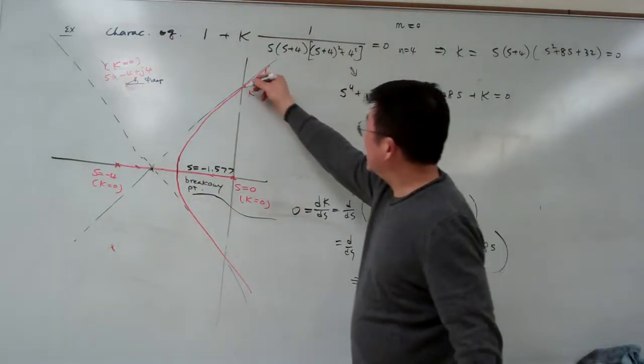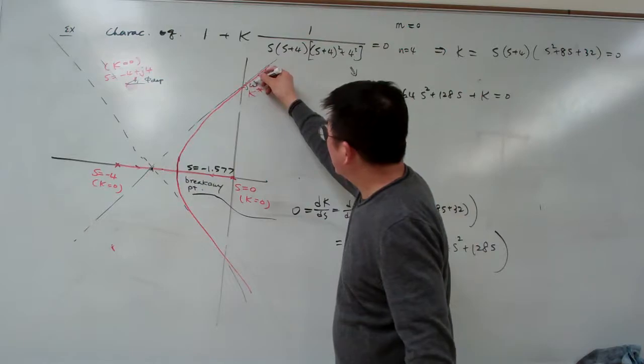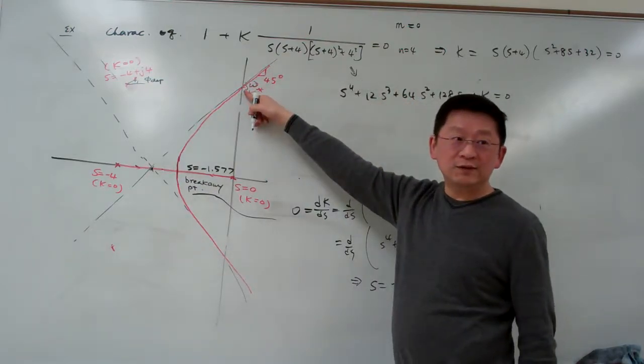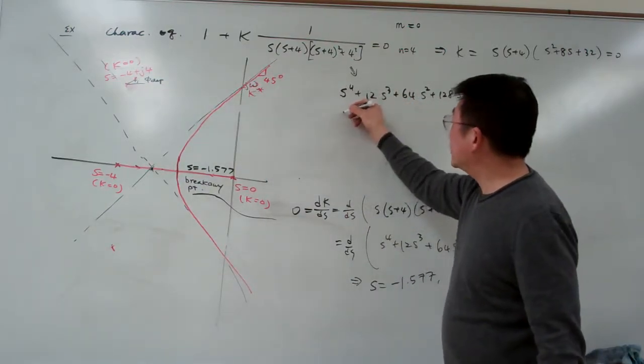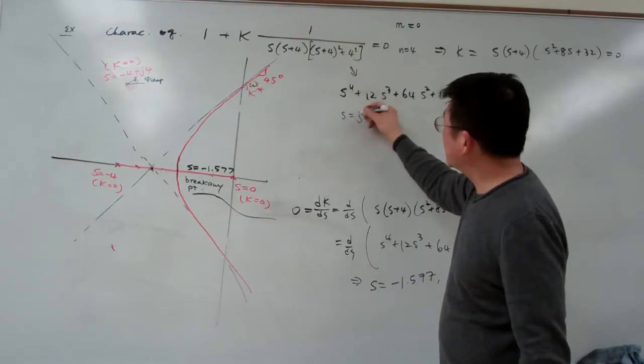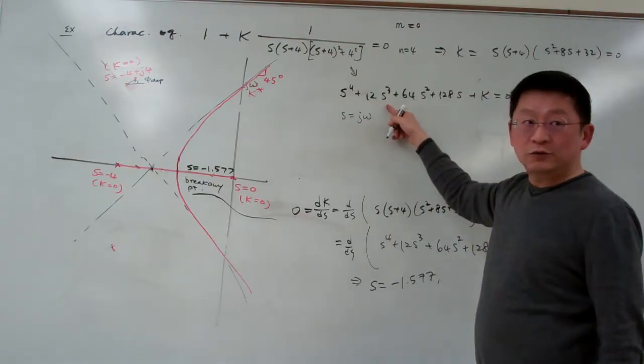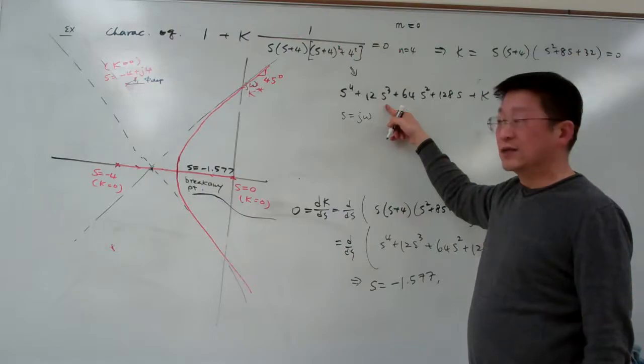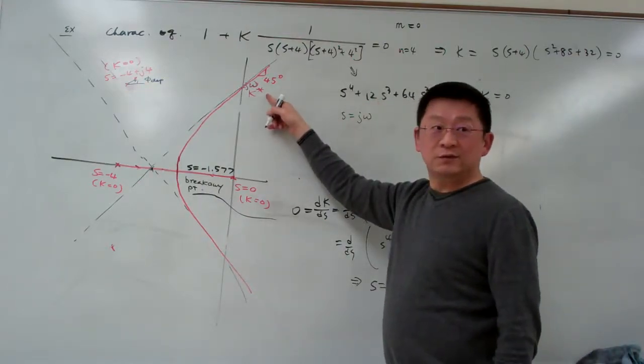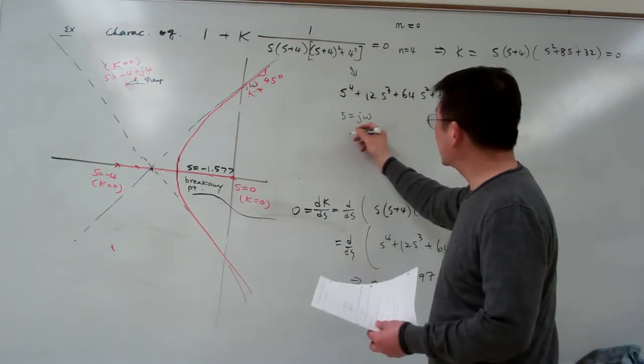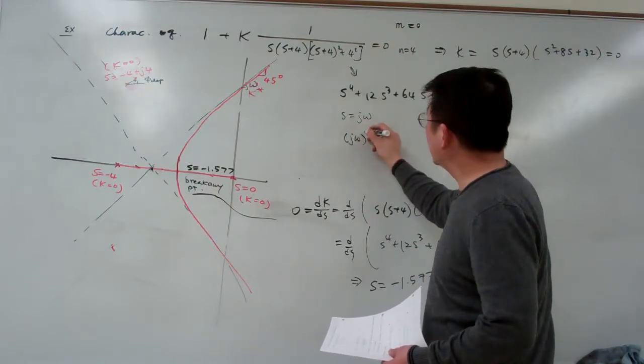So we know that at this point is a j omega. We know intersection is a pure imaginary number. So simply introduce s equal to j omega into this equation. We solve for omega and k simultaneously for these conditions. So that means j omega